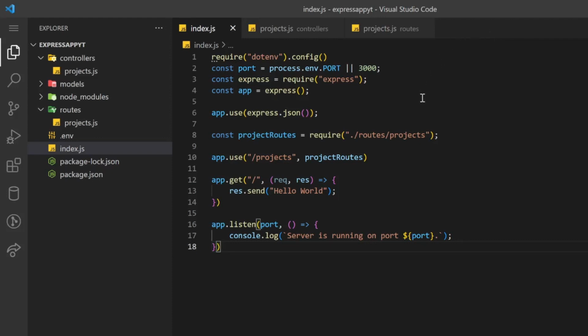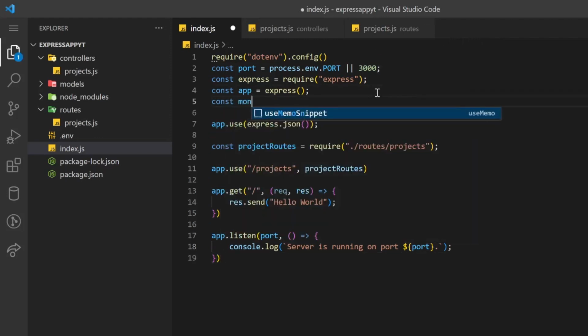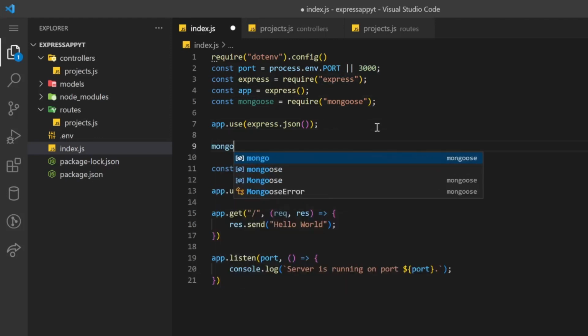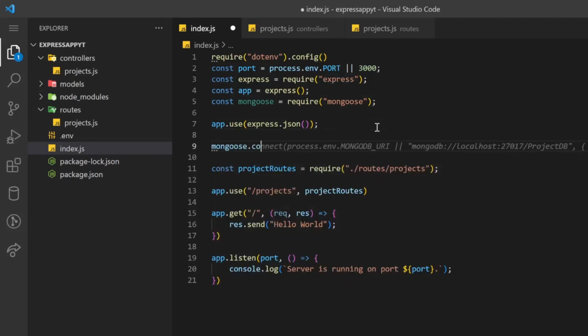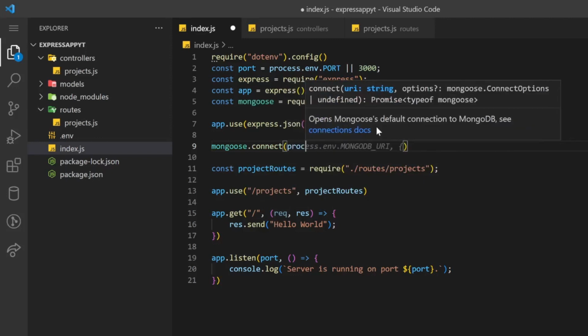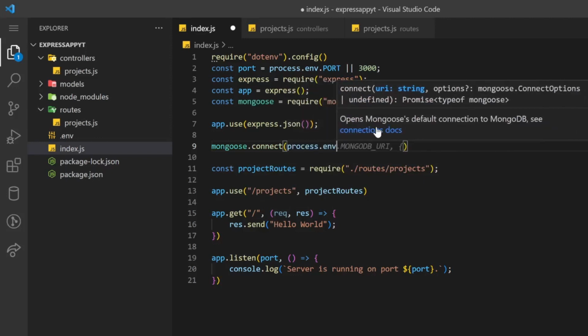The way we connect to the database is by going to our index.js file first of all, and typing in const mongoose equals require mongoose. So remember, we're importing that package into the index.js just like we did with the Express app earlier. And mongoose makes it really easy to connect. We just have to type in mongoose.connect, and then we pass in the string which we want to use to connect, which in our case is inside of process.env